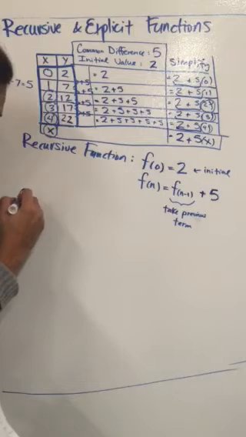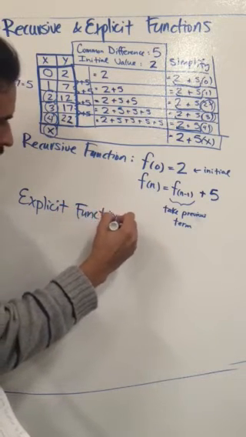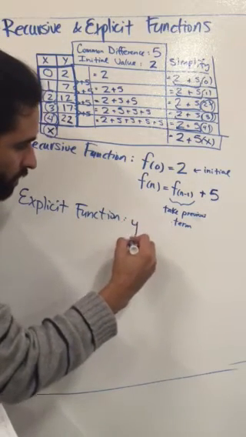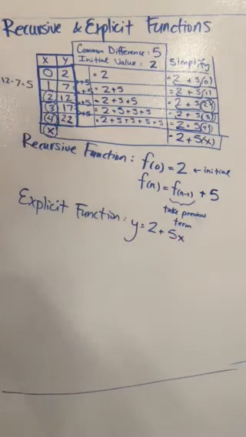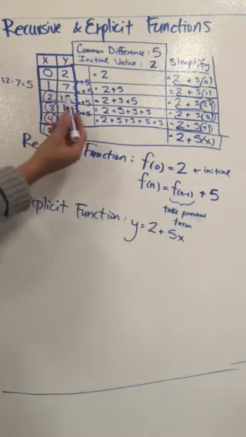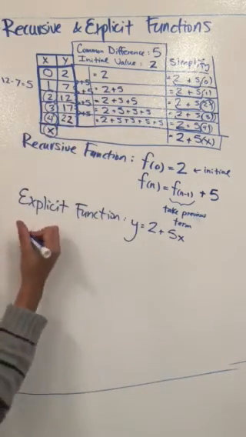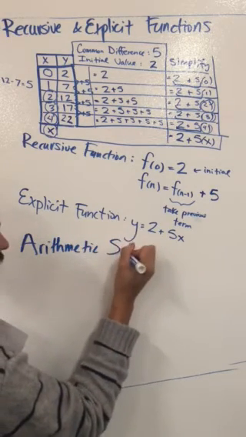And indeed, that is called your explicit function. Your explicit function would read y equals 2 plus 5x. And the last thing you need to know is whether this is a geometric or arithmetic sequence. Now remember, geometric increases by multiplying by a number over and over, but ours adds a number over and over. So we can say that this is an arithmetic sequence